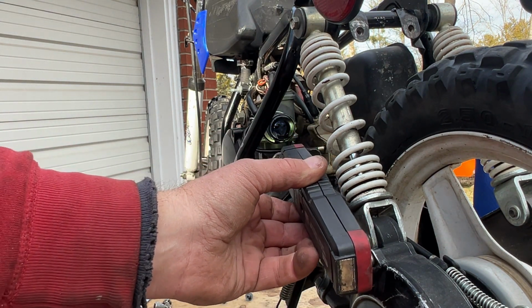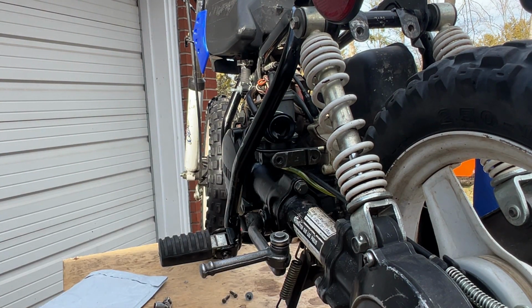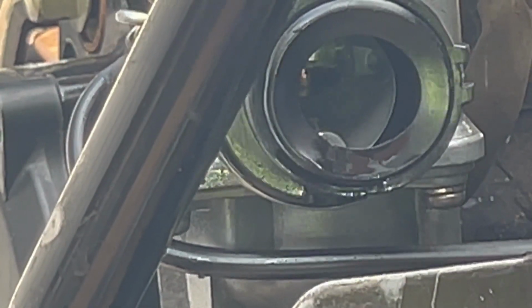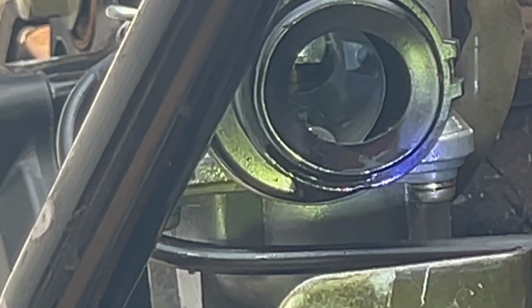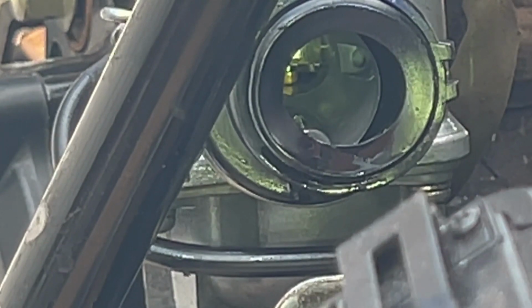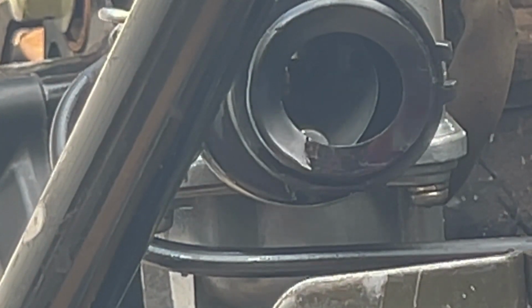You see inside the throat of the carb? Can you see in that? I believe you can. Let me zoom you in. And you can see the throttle slide. Now, I think it should be closed a little more than that. So,